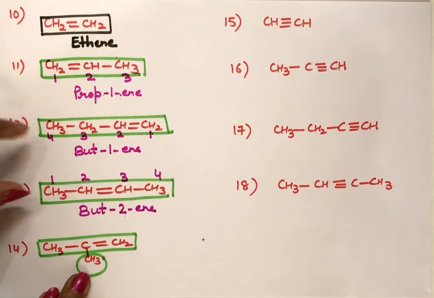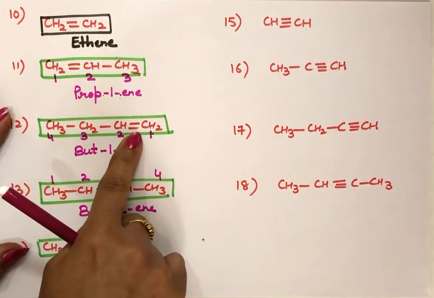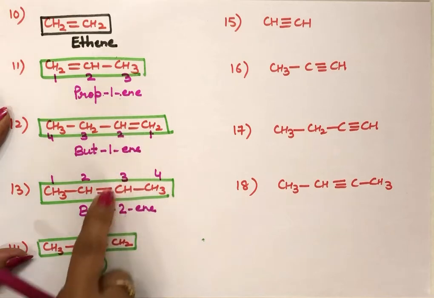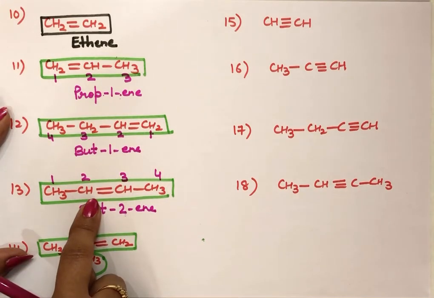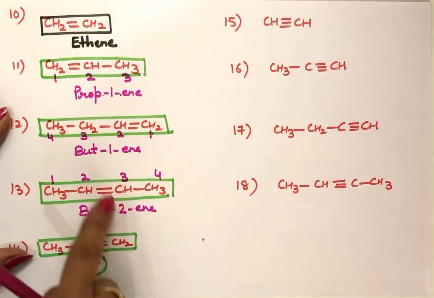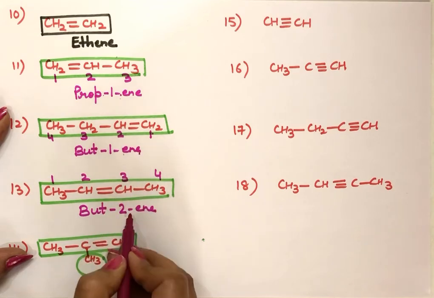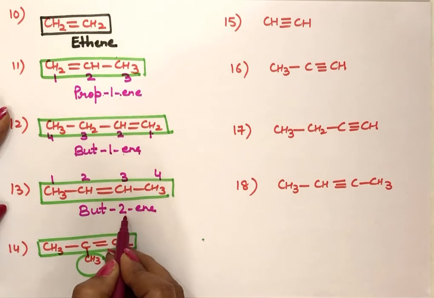See what is the difference in the two? Their names are not the same. Though the formula is the same, the names are not the same. What is the difference? Here the double bond is between the 1st and 2nd carbon atom. Here the double bond is between the 2nd and 3rd carbon atom. So how will that be clear to us? If before ene we write the position. If we do not write this 1 and 2, and just write butene, then how will we find out the difference in the two compounds? Because the two are different, the position of the double bond is different. That is why it is a must to write the position of the double bond before ene.